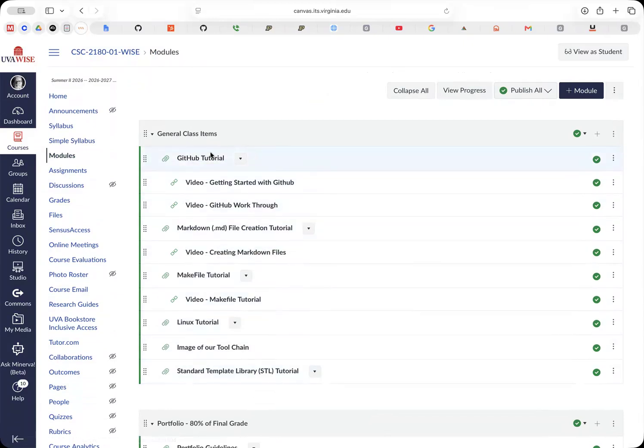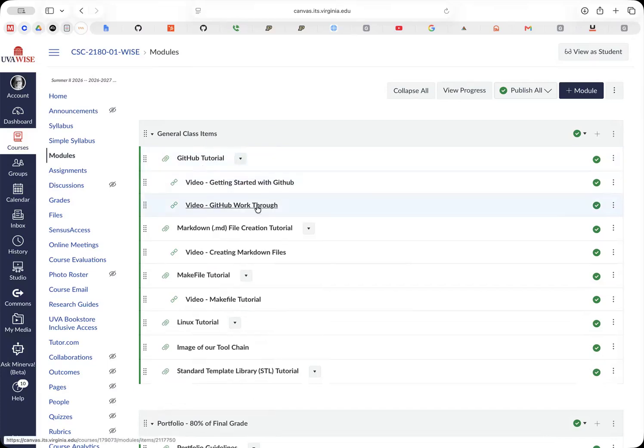Okay. So for example, with GitHub, GitHub is going to be used for the portfolio. If you haven't heard of GitHub before, it's an online repository where you can put your programs. And you can put these things called markup files, which are like lightweight HTML documents, or fancy text documents. GitHub is used throughout industry. It's a good skill to have for sure. I've got some students that are interning at CGI this summer, and they're talking about learning GitHub. So GitHub's a good thing.